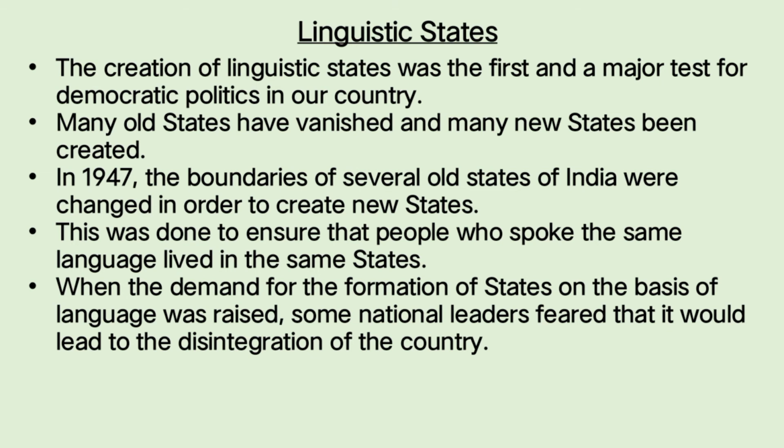It was a big task to unify all the princely states, and they were united by the Iron Man of India, Sardar Vallabhbhai Patel. More than 565 princely states were united and joined into the Indian Union. The last state to be included into the Indian Union, with police action, was the Nizam state, the present Telangana.